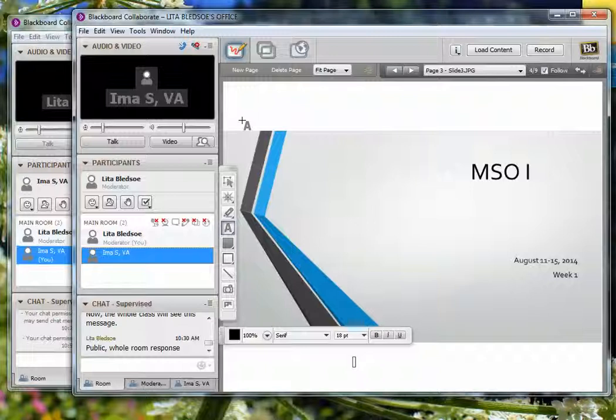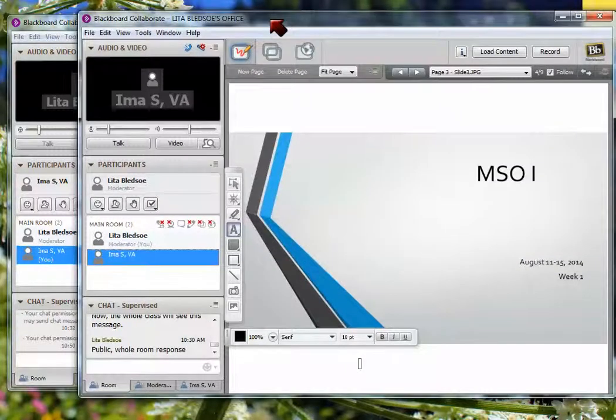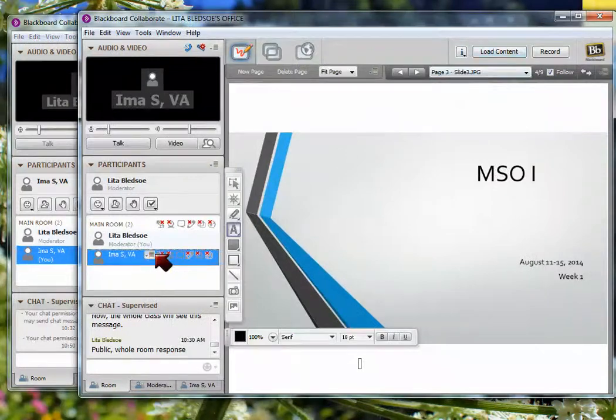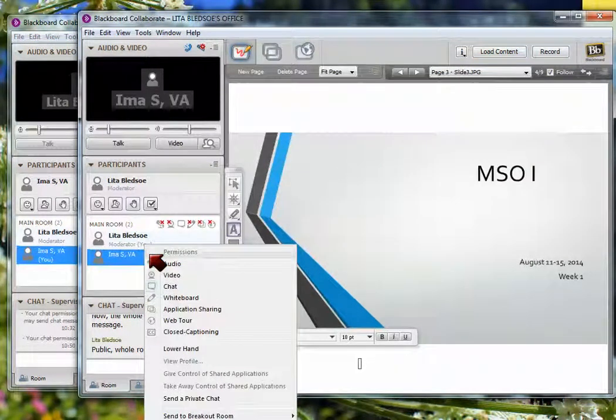Now if you have a student who is not responding and is not leaving, then you will want to make sure that you remove them from the room before you leave. So I'm going to show you how that works and what it will look like from the student view. So from the teacher view, we go to the student permissions,